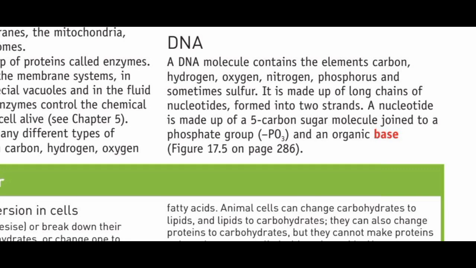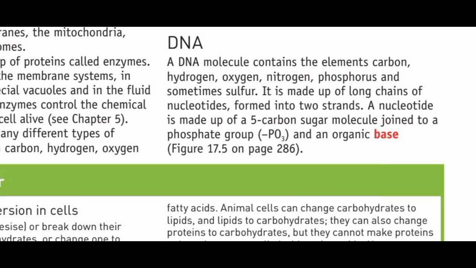Now we discuss the role of DNA in cells. DNA has several very important roles in cells. The first function is storing genetic information. DNA contains the instructions needed for the development and the functioning of an organism. These instructions are passed from parents to offspring during reproduction. Second is controlling protein synthesis. DNA provides the instructions for making proteins. Since proteins control many cellular activities, DNA indirectly controls most processes inside the cells.